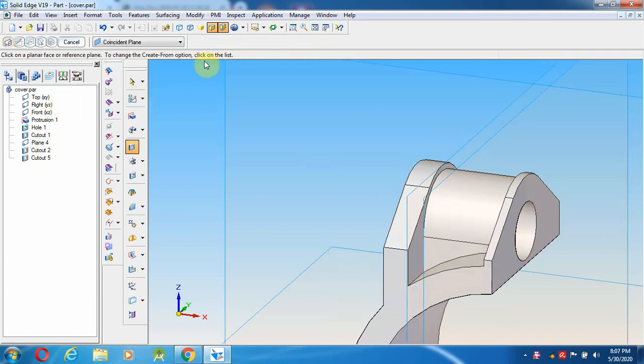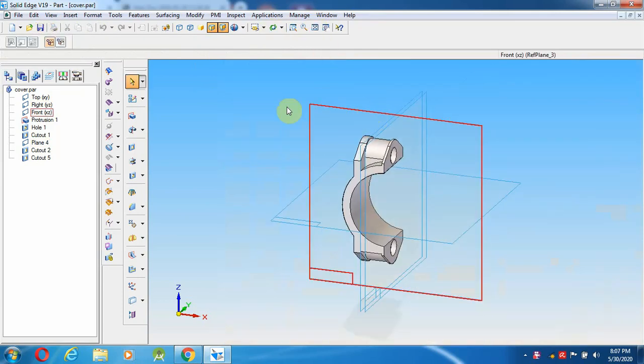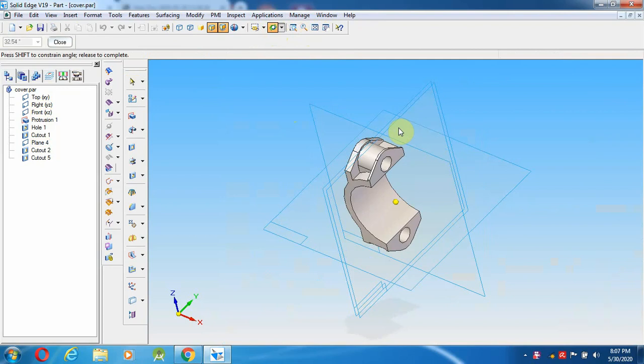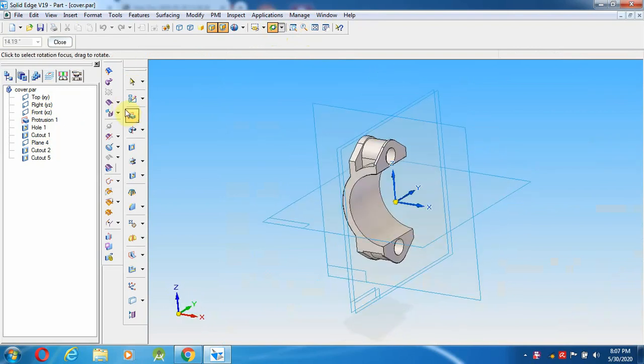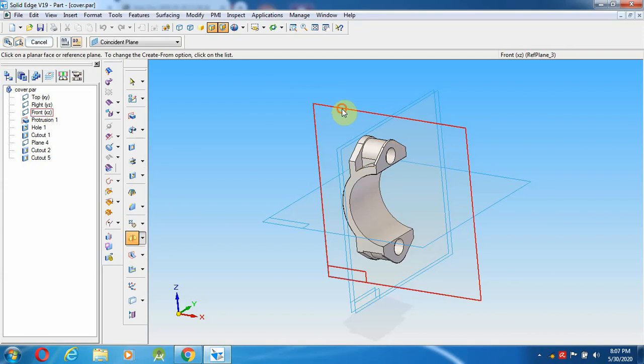The same thing you have to do in the other manner also, give click. Going to rotate. After rotating, now I'm going to make the mirror extent. This is the thing made.